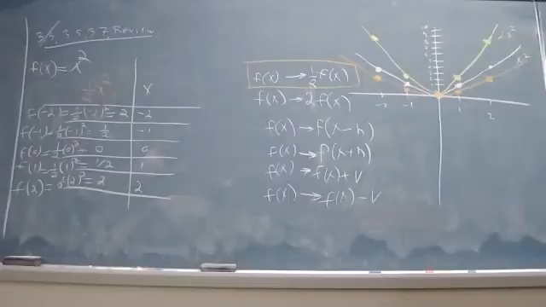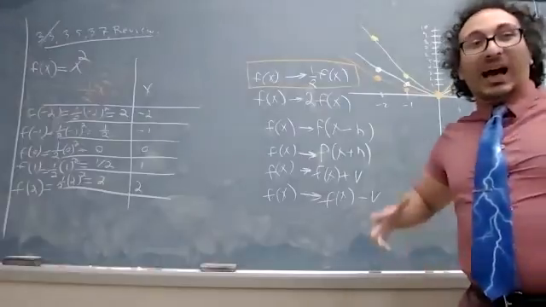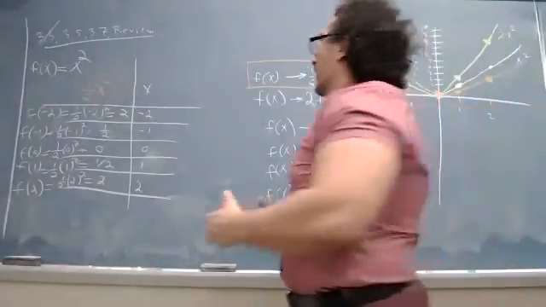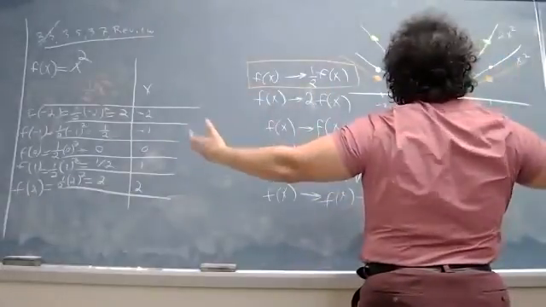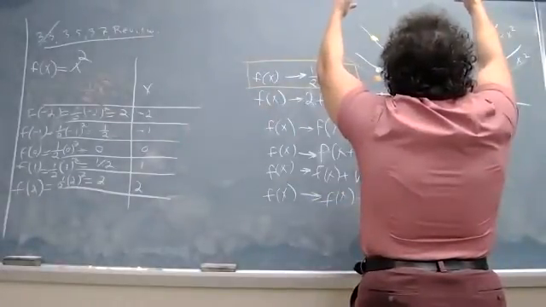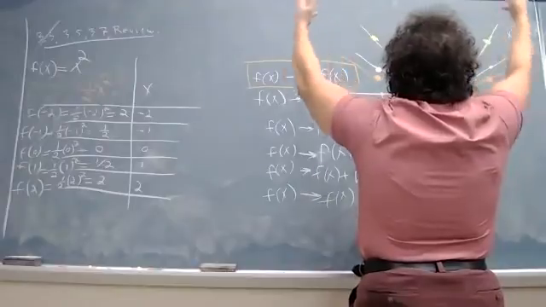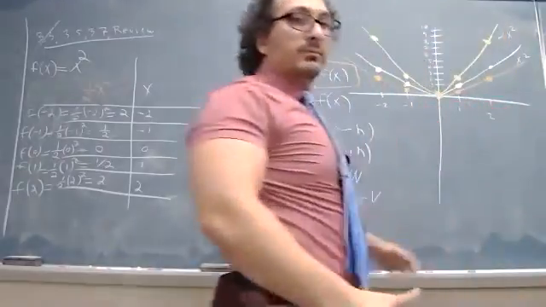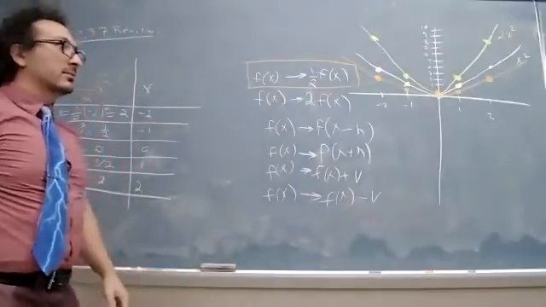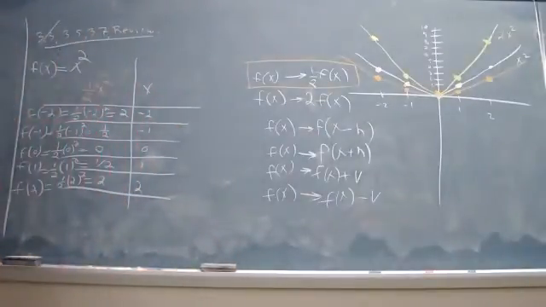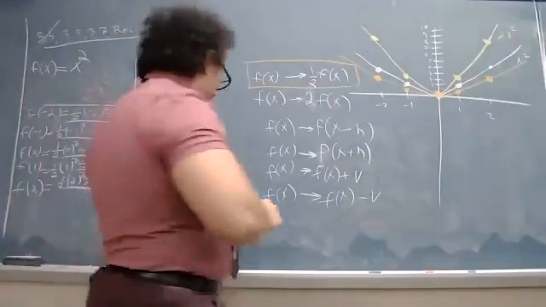Oh, it made it wider. Someone said it made it wider. Aha! Made it wider. So multiplication by 2 took the original graph and shrank it. Multiplication by 1/2 took the original graph and made it wider. Yes. So in general,